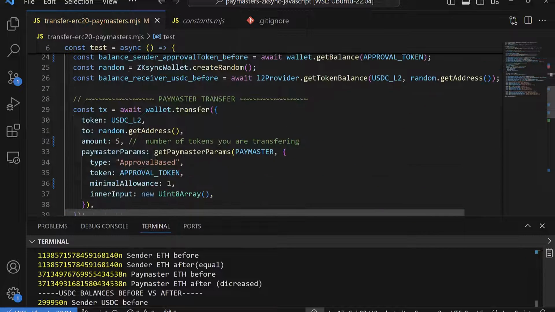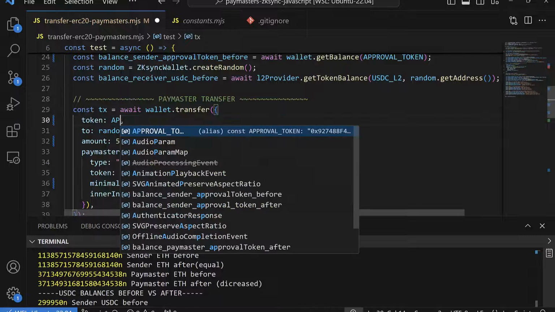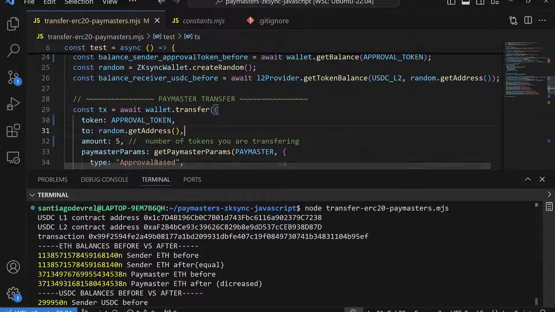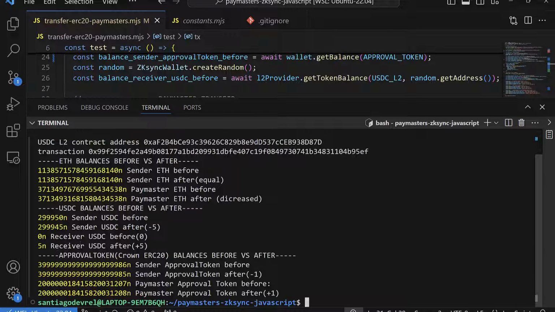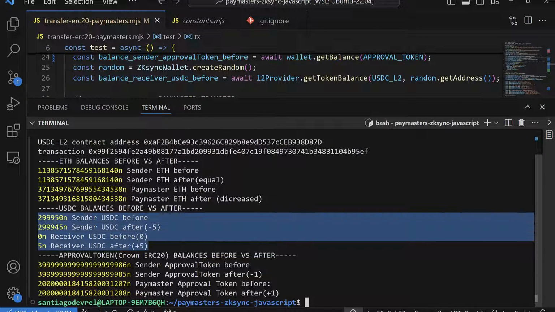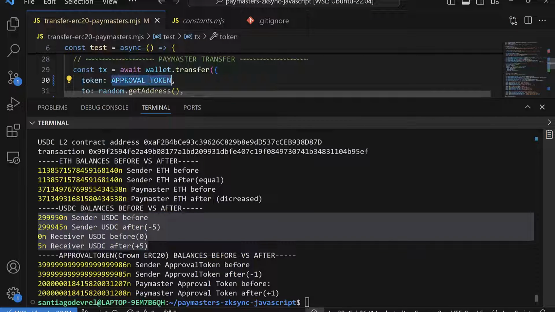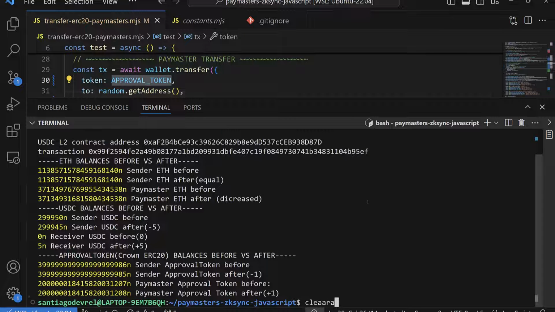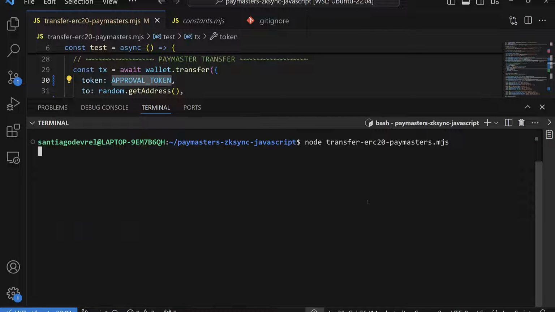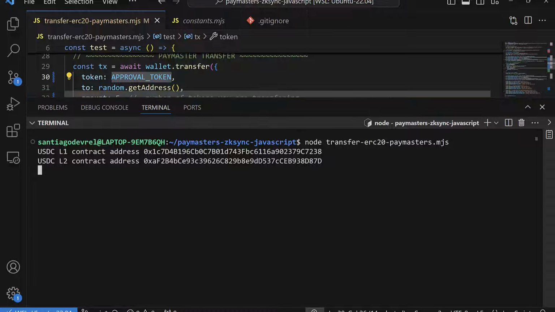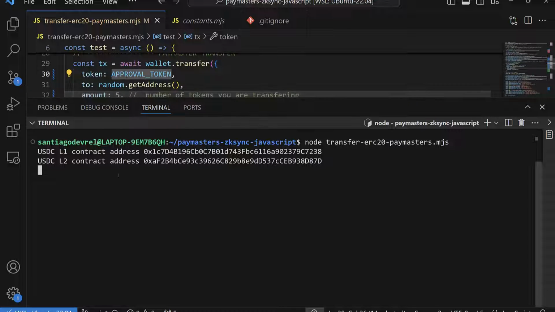And if we change this token for approval, I will just run the same script. Remember that here the USDC balances were changing because we were sending USDC. But in this case, I just changed the token for the approval token. That means that we are going to send the approval token instead. The approval token is Crown, remember that. So if I just change that to Crowns,